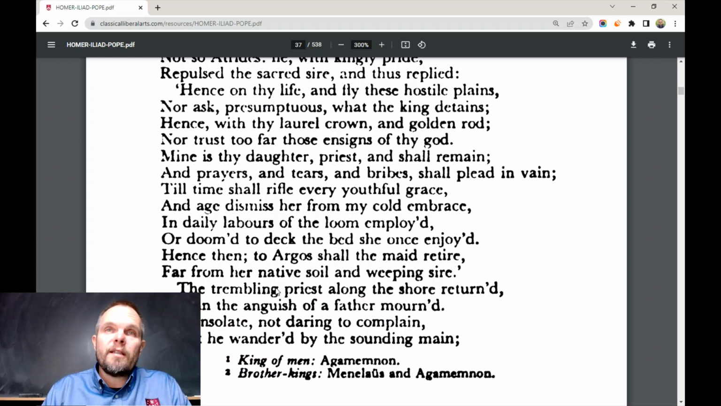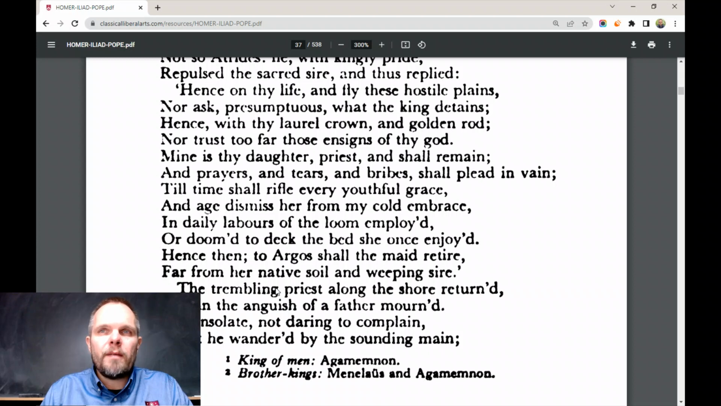And this, listen to this: "nor trust too far those ensigns of thy God," and take your signs of Apollo's religion with you. So you can see how he provokes the wrath of Apollo. Nor trust too far those ensigns, those emblems or symbols of thy God. "Mine is thy daughter, priest, and shall remain." Just disrespectful. Your prayers and tears and bribes shall plead in vain,